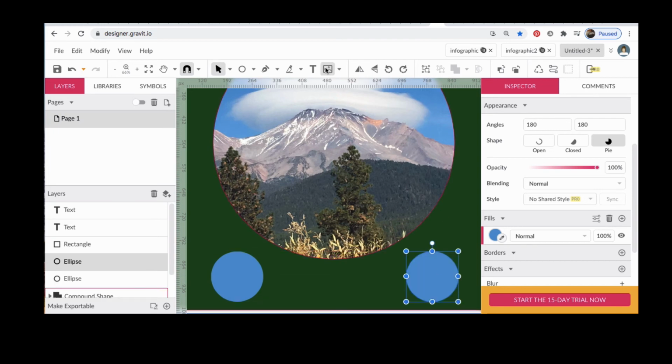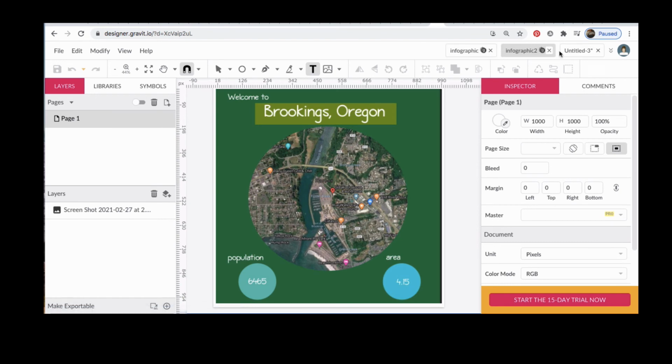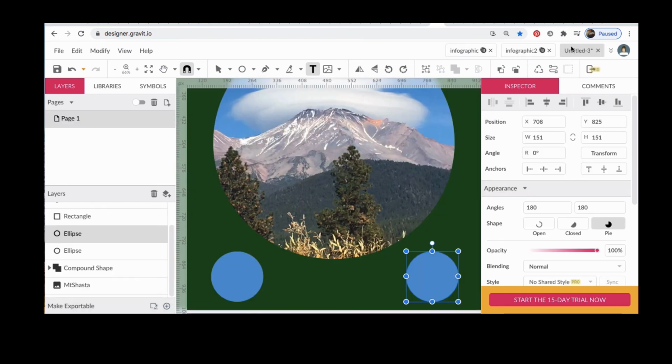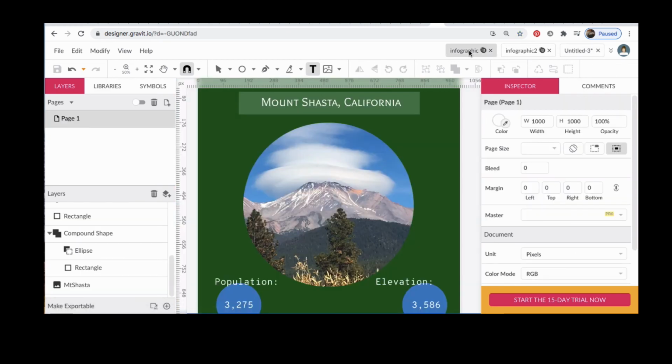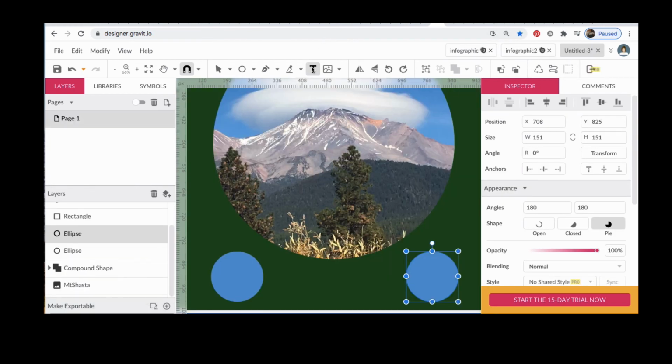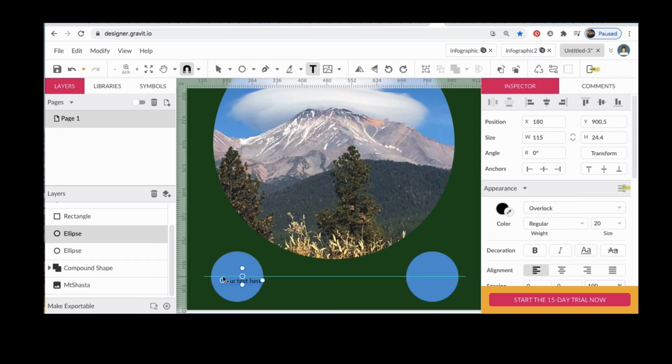Now let's take our text tool and put those numbers in. You're going to have to look up the right numbers for your town or city on the internet. Wikipedia is very good for that. I may just look at my other design to see what it was. Oop, this one. 3275 population. So take the text tool and write that in. 3275